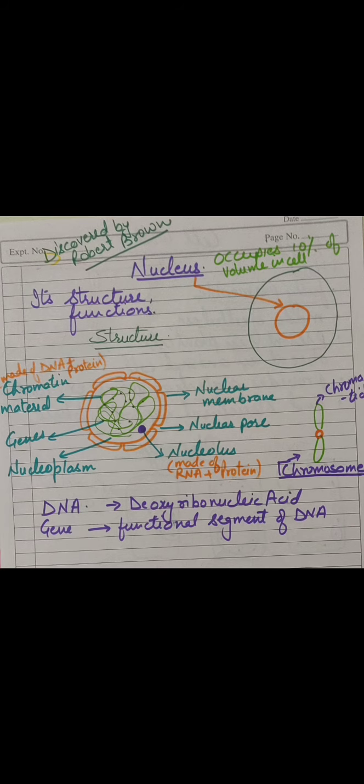It appears as if the nucleolus is the same as the nucleus, but I'll tell you the difference. The nucleus has a membrane, but the nucleolus is without a membrane. The content is the same. It also contains chromatin, DNA, RNA, and protein, and the nucleus contains it too. DNA, I am continuously using this word. You should know the full form of DNA: deoxyribonucleic acid. Gene is not a new word to you because in the 8th class you also did this word. It means a functional segment of DNA.